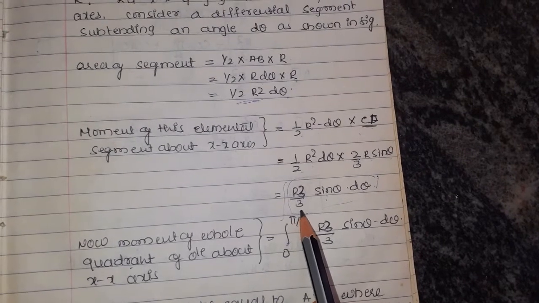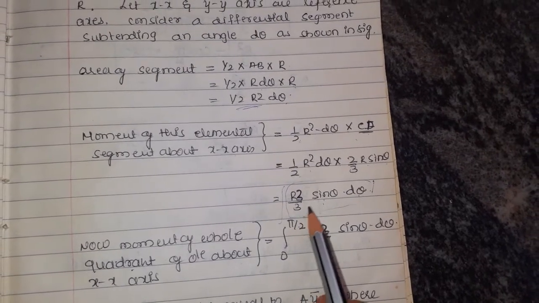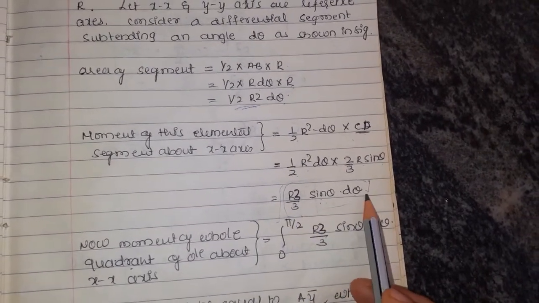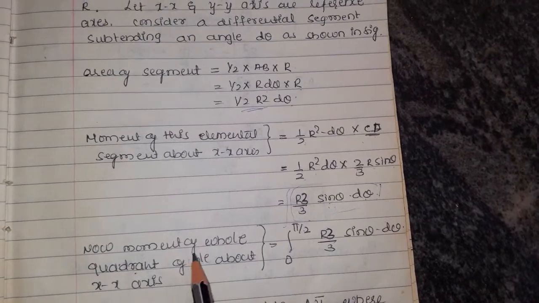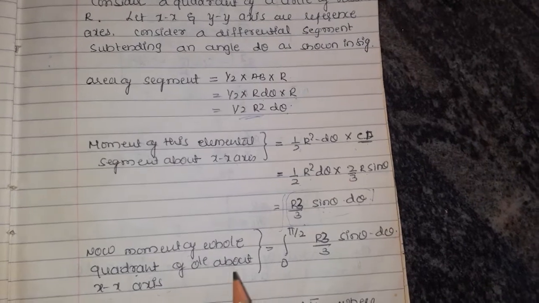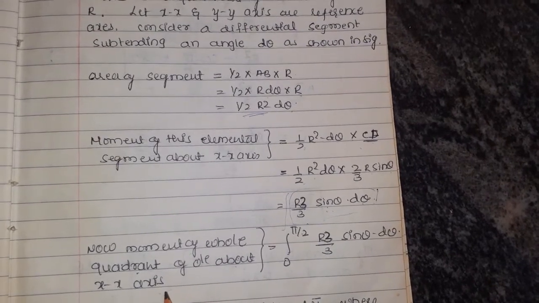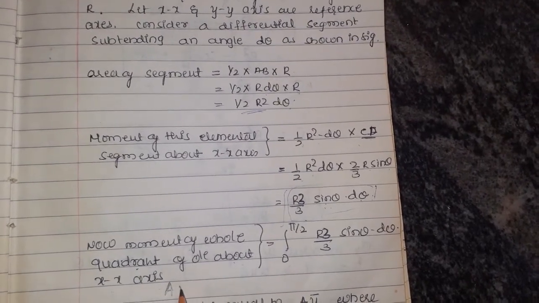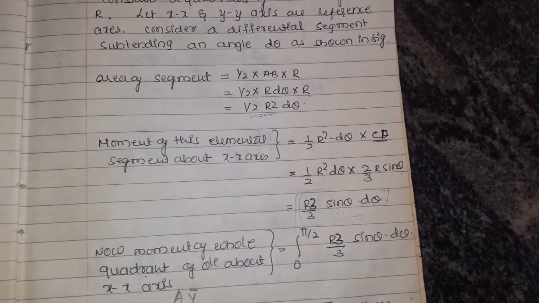So we get r cube by 3 into sin theta into d theta. Now the moment of the whole quadrant of a circle about the x-axis is equal to again